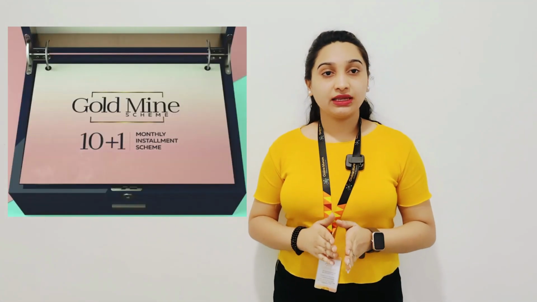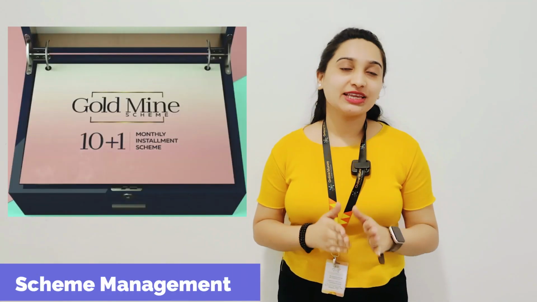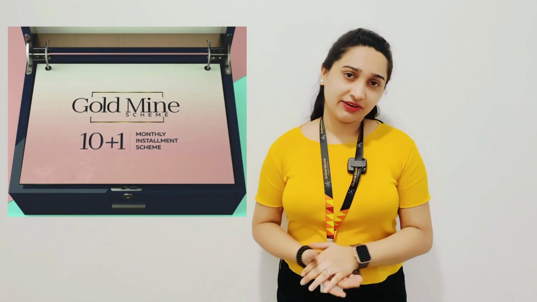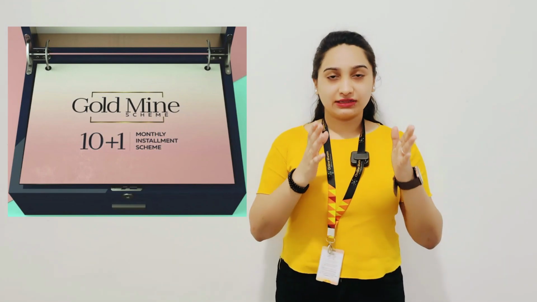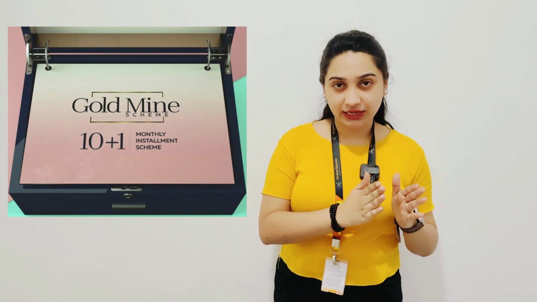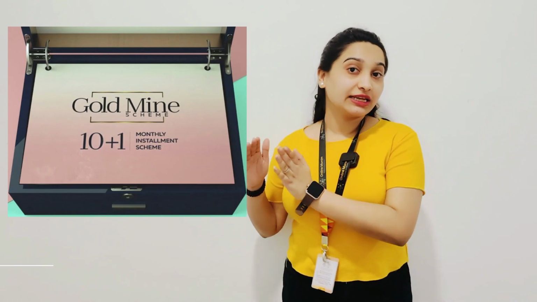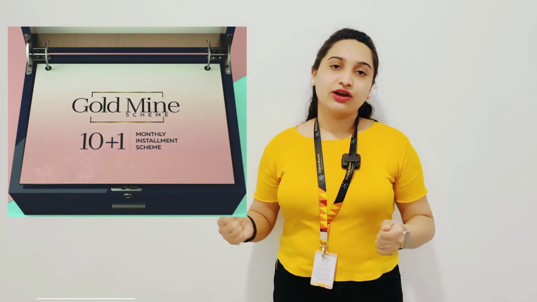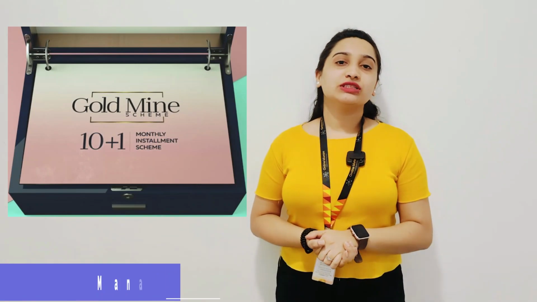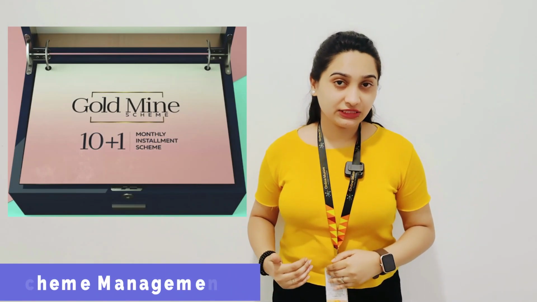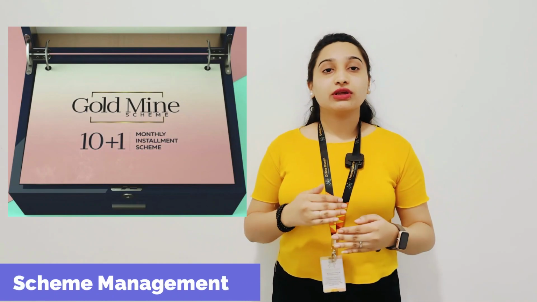Then our next USP, our eighth USP, is about scheme management. Every jeweler has different schemes, right? Scheme management is known as a state scheme, and it is also known as a kitty, so there are different names according to different states. Simply, in scheme management we can maintain the schemes. Suppose you have a Diwali saving scheme in your shop, so you can maintain such schemes.